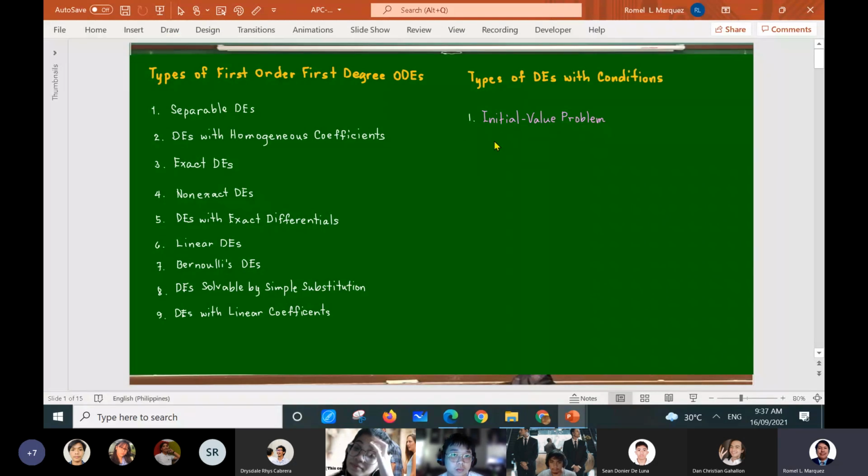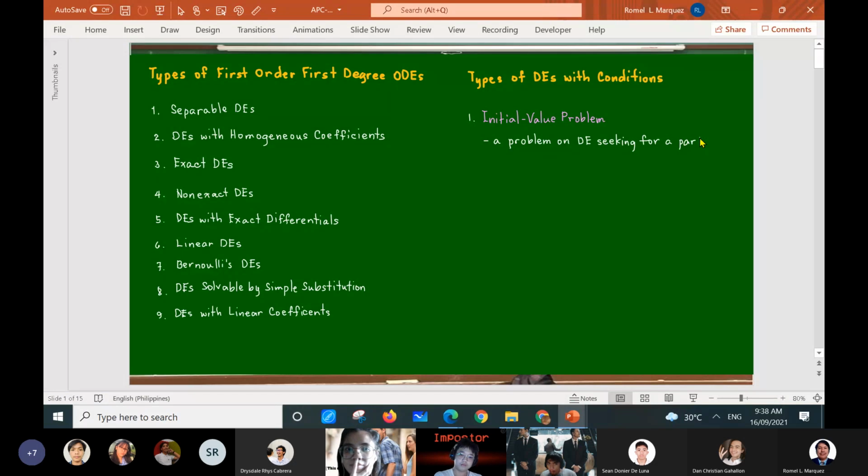An initial value problem is a problem on differential equation, seeking a particular solution subject to initial conditions,